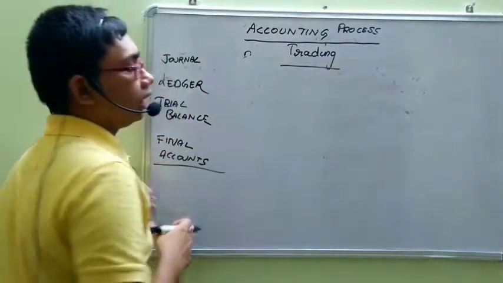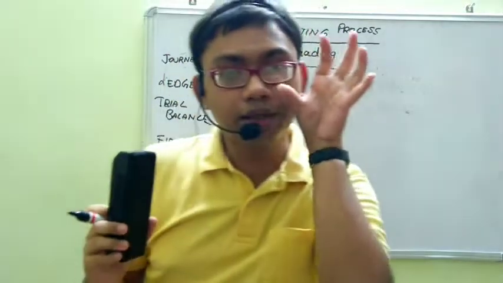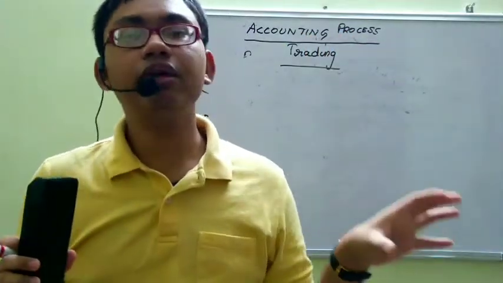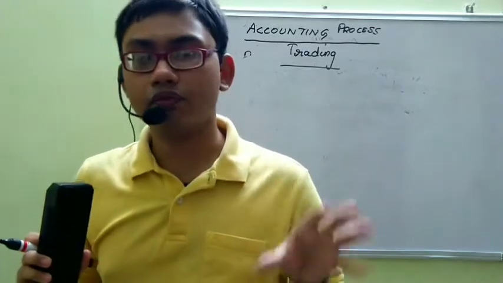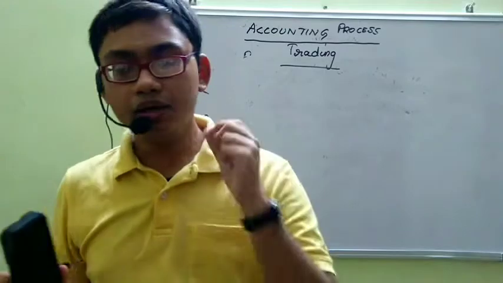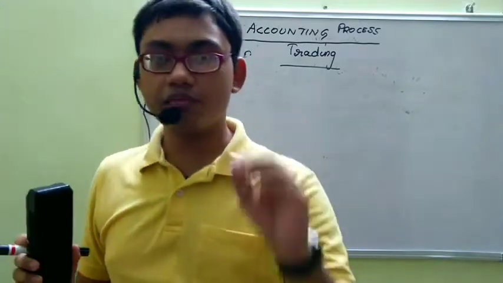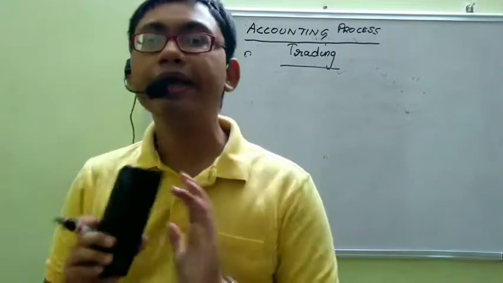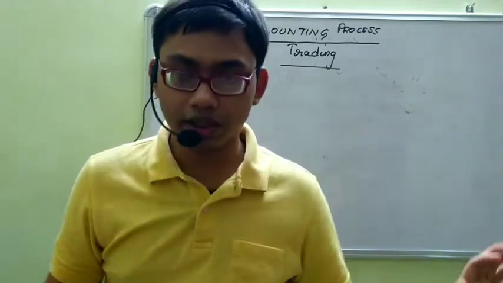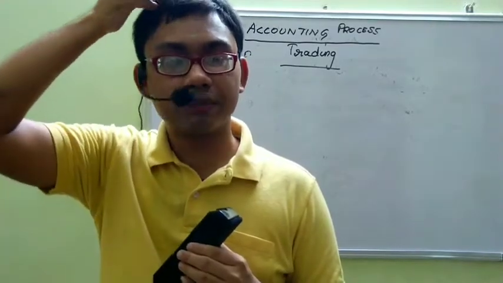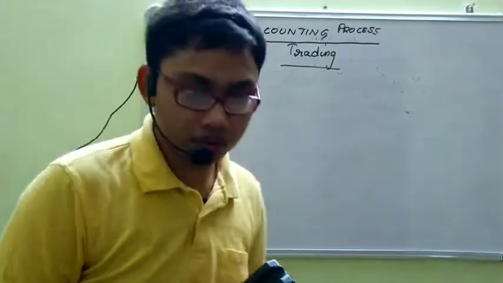What happens in the trading account? The result of the principal trading activity of the business. Any entity will have a principal trading activity. If the person is a textile dealer, he deals in clothes, then his principal trading activity will be buying clothes, selling. Right? Anything else is not coming in the principal trading activity. But we will have to make adjustments for opening stock of garments as well as closing stock of garments.